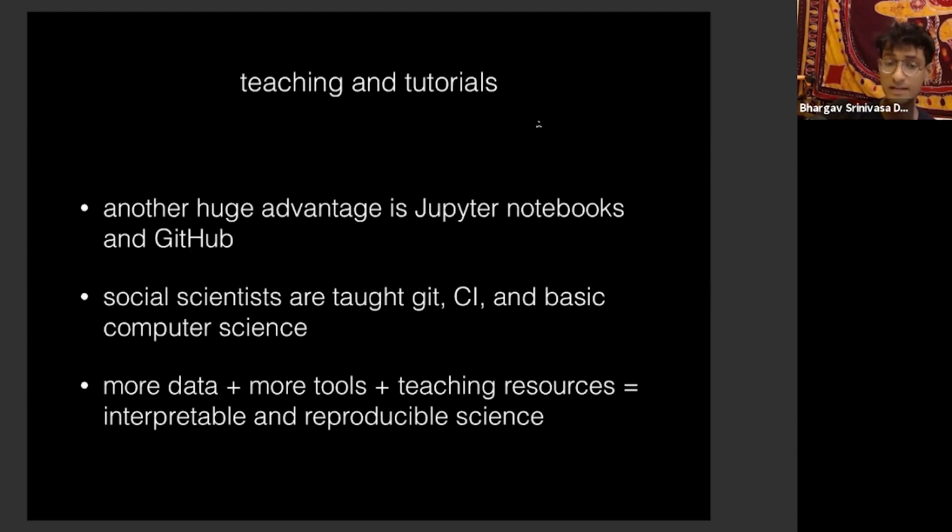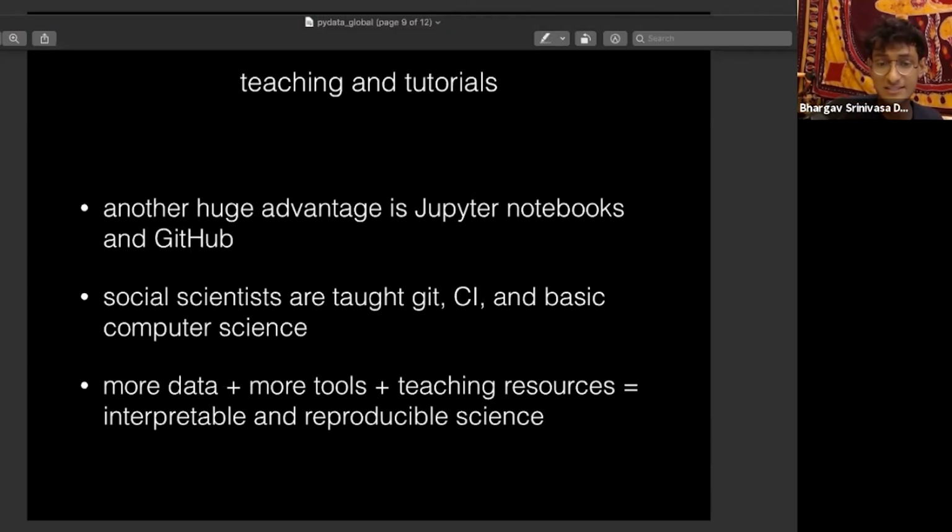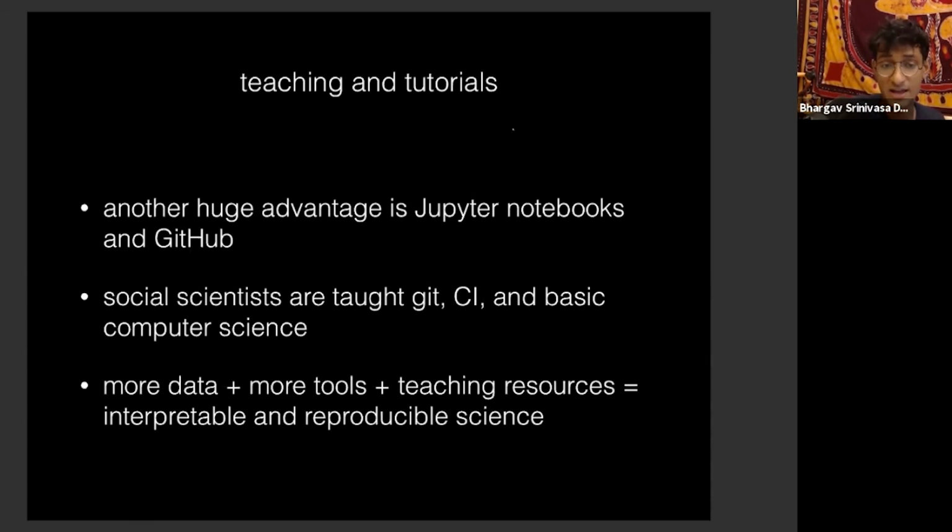And I think it's really incredible with more data, more tools, more teaching resources, just more people doing these things. You have interpretable and reproducible science. For me, that's very special. And another easy way to look at this is to check out all the PyCons and PyDatas, and you have so many more social science oriented tutorials, even if it's not very obvious at first,